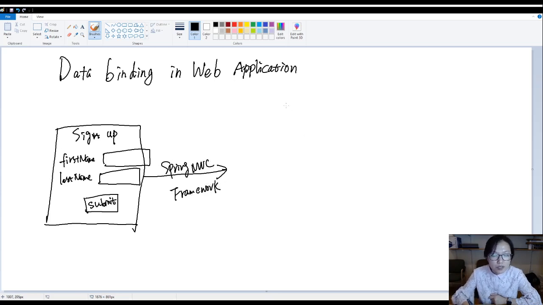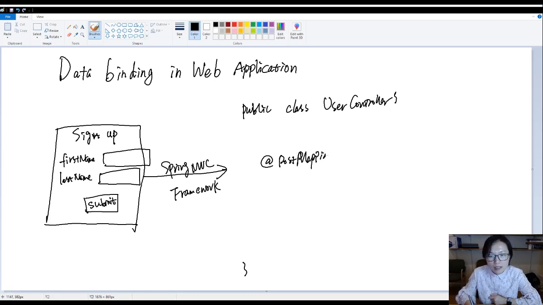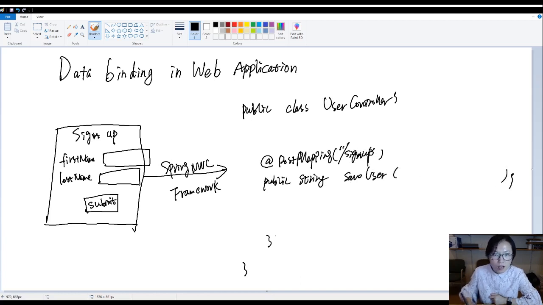Okay, what's it going to do? Suppose this is your user controller, public class UserController, okay? And you have an annotation for the @PostMapping, and this method has, suppose for sign up, and you're using public String saveUser, okay? One way is here you're using request param